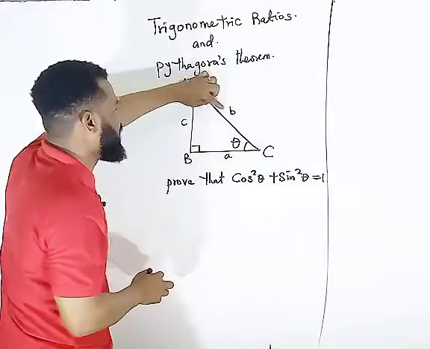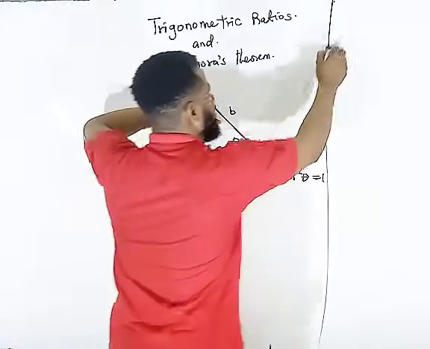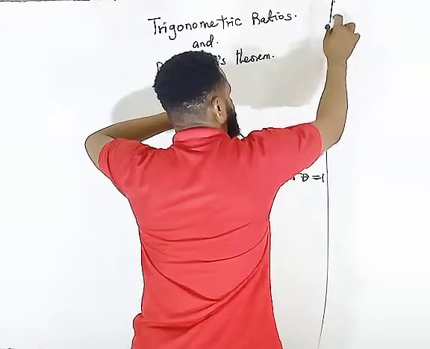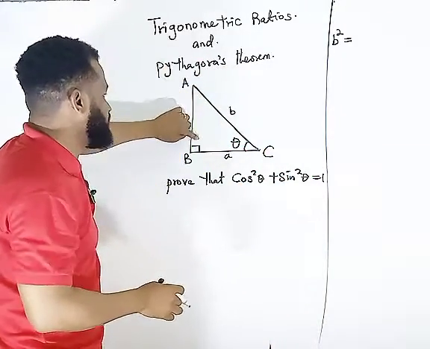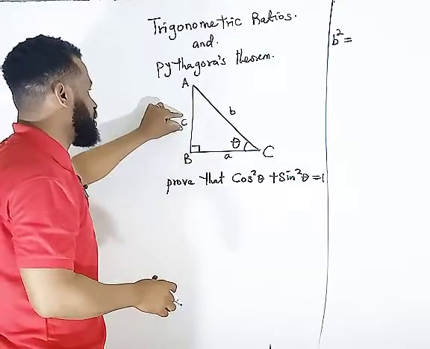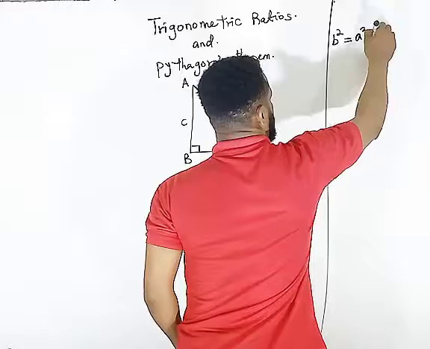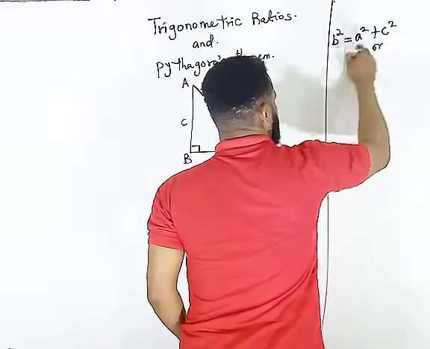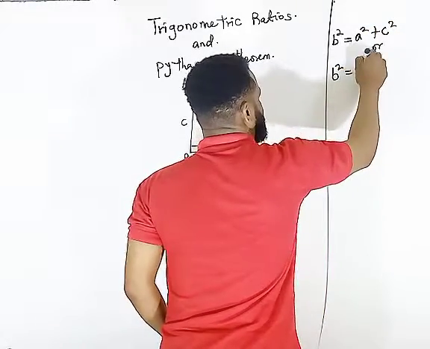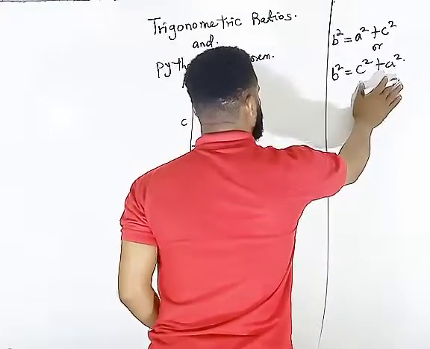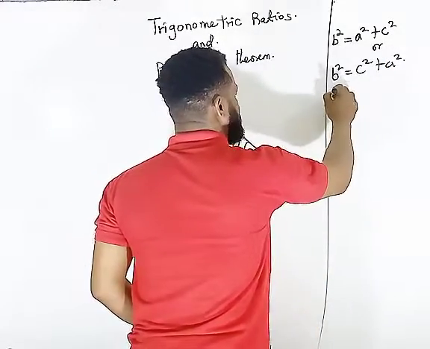Pythagoras theorem says that the square of the side facing angle 90 is equal to the square of this side plus the square of this side. So I'm having a squared plus c squared, or it can still be b squared is equal to c squared plus a squared. That is just it. If this is true, I'm going to divide